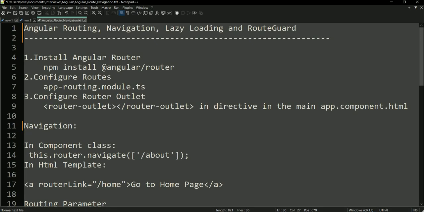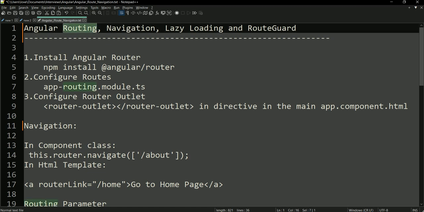In this session, I'm going to explain some of the Angular concepts like routing, navigation, lazy loading, and route guard. So first, let us discuss routing. In Angular, routing is managed by the Angular router, which allows developers to define navigation paths and load different components based on the paths configured in the